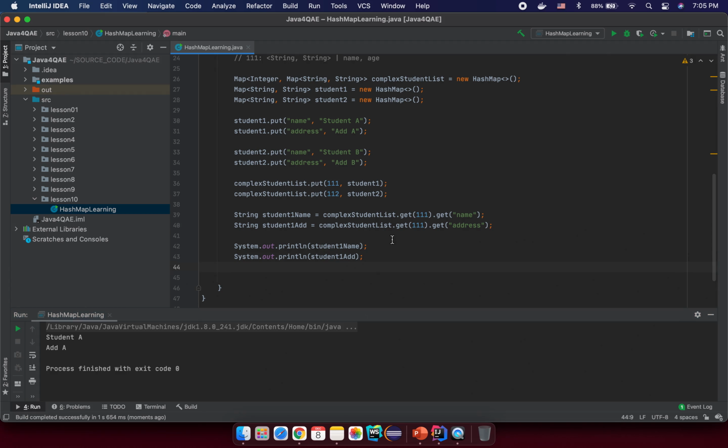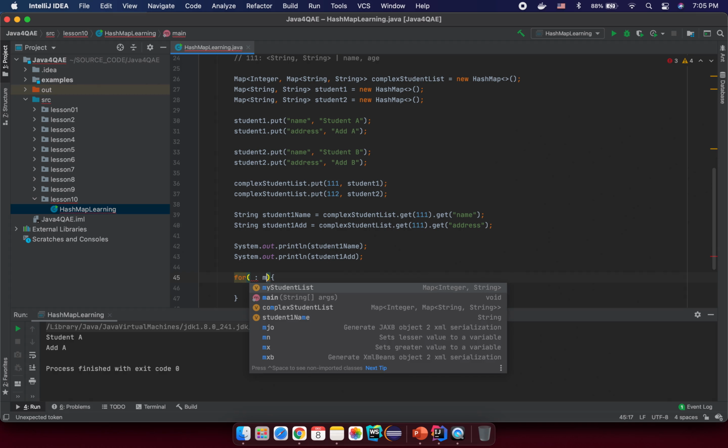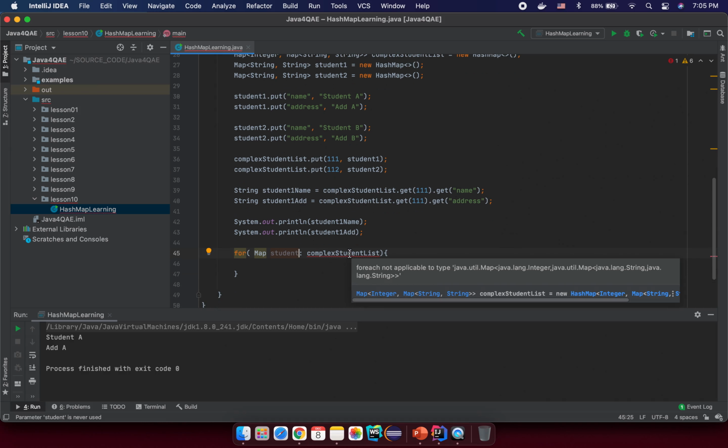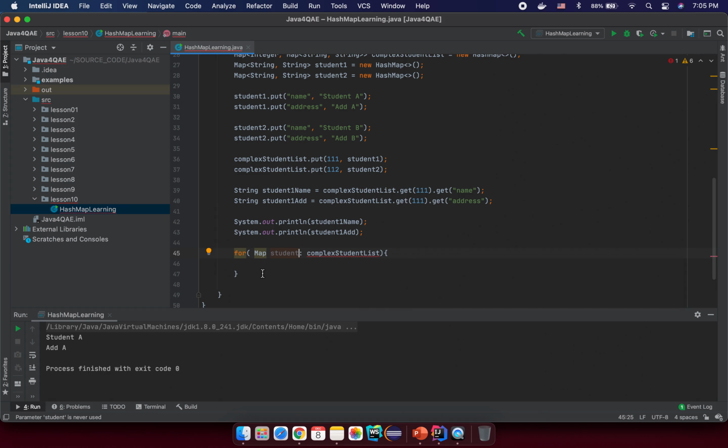So this is the way you access, right? You understand how to access a single one, so how can we loop around here? In this case, I want to put something inside the complex student list, and it should be from the map student here. Let me see what's the error. So for is not applicable for this type. So I will use, okay,